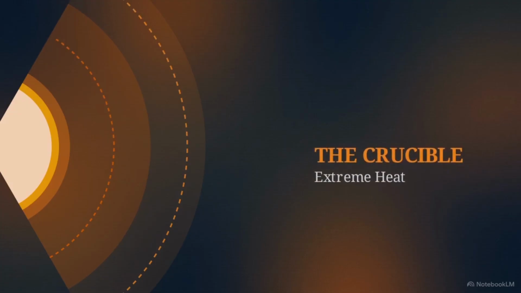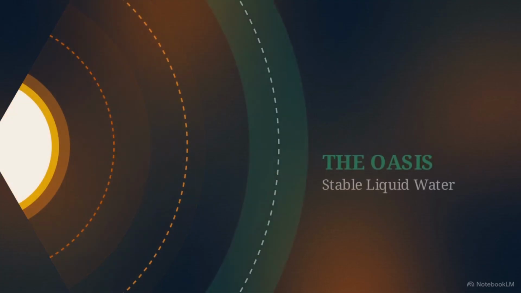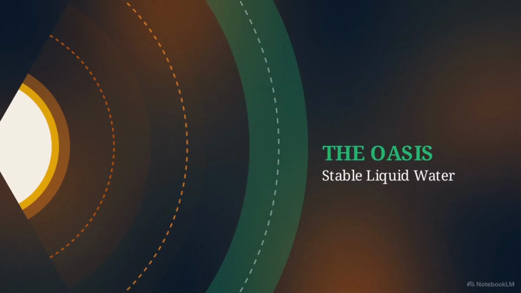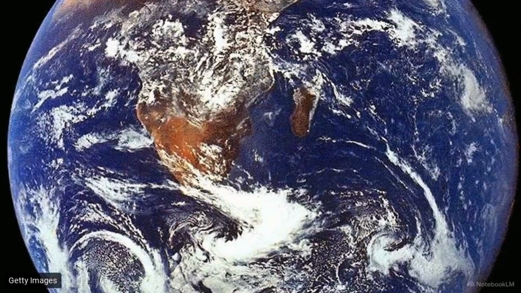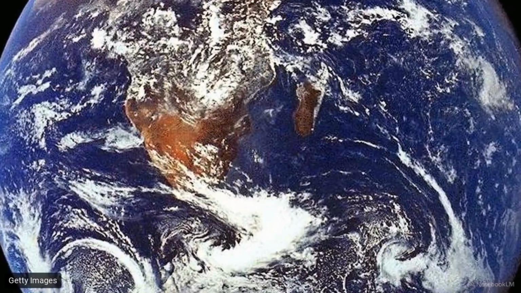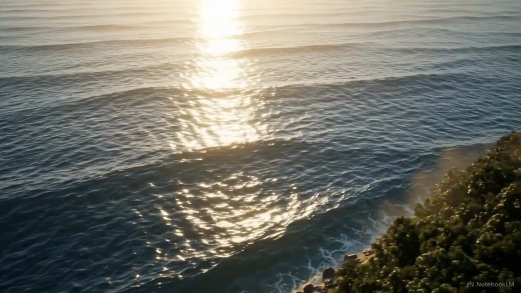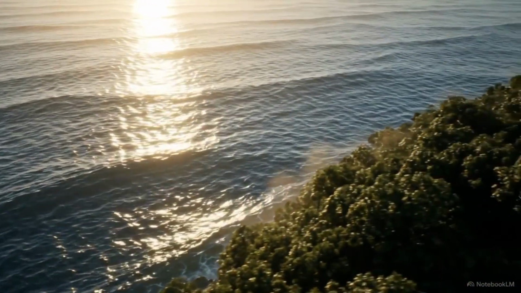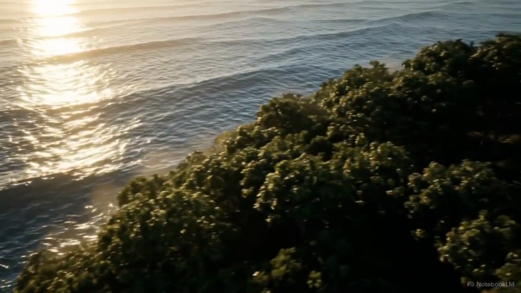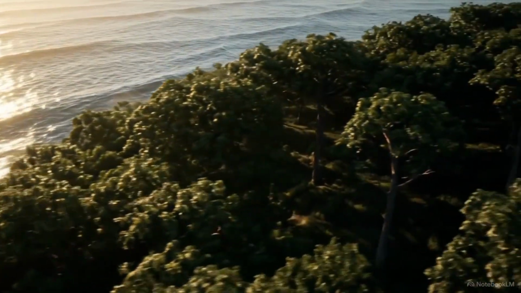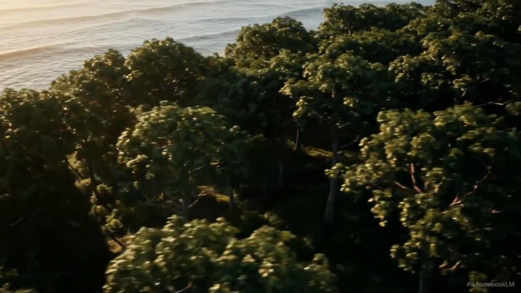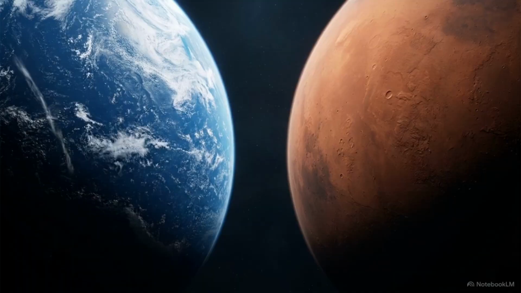Continuing outward, the extreme heat finally begins to dissipate. We enter a precise orbital band where the temperatures drop just enough and the atmospheric pressure is just right to allow water to exist as a stable liquid. In this full disk view of Earth, you can clearly see the result. The deep blue oceans and swirling cloud patterns over the African continent highlight a vibrant, water-rich anomaly, teeming with biological life. But this delicate balance is rare.